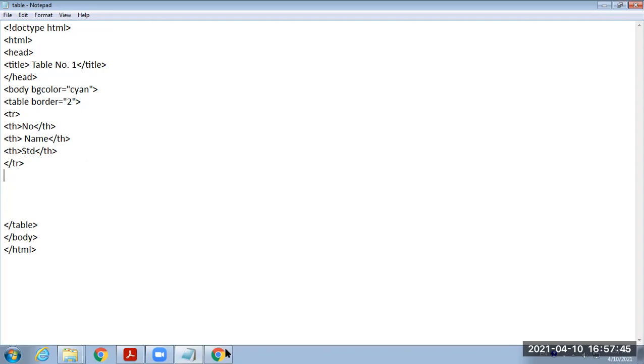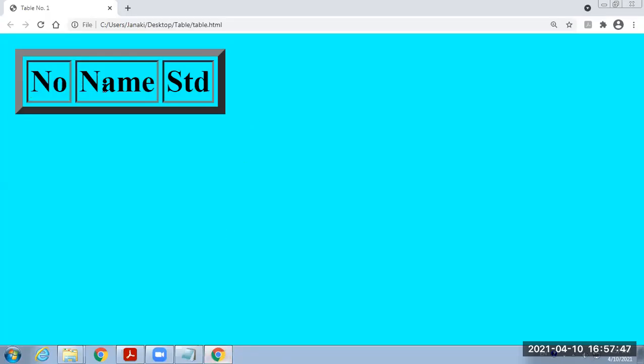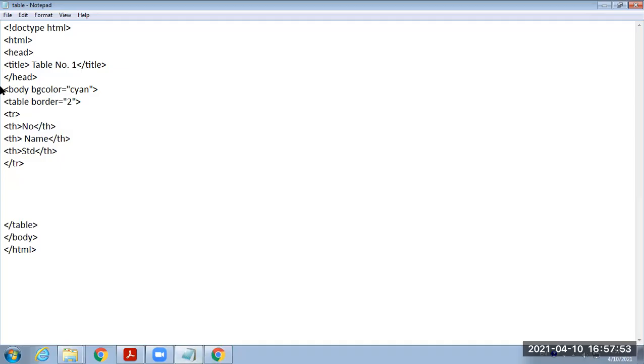Now under these fields, number, name, and standard, we have to provide some records, and for that we have to insert another row. To insert another row we use the TR tag, and under that TR tag we provide the data, and for that we use the TD tag. TD means table data.